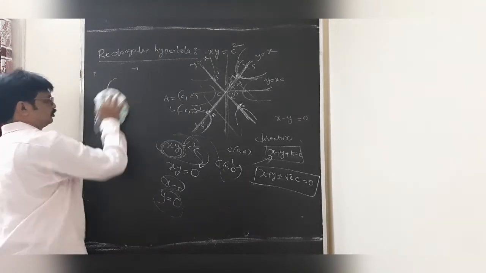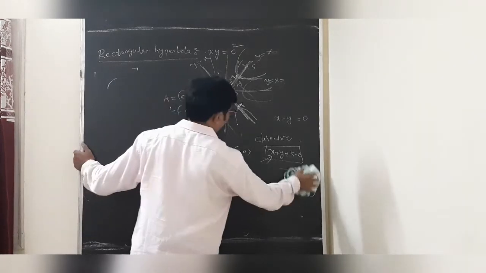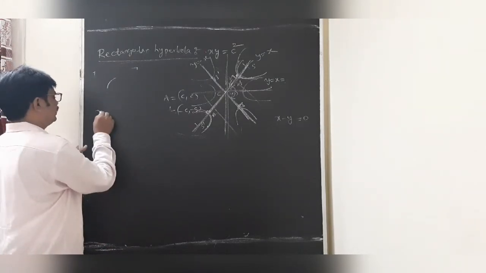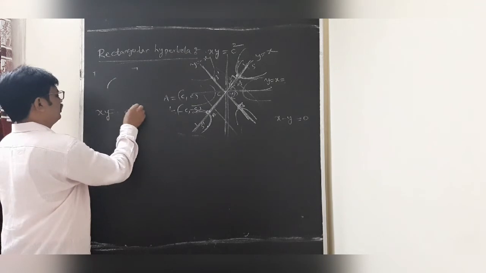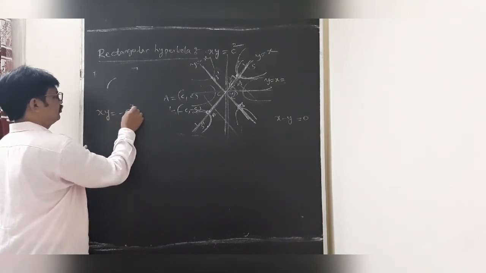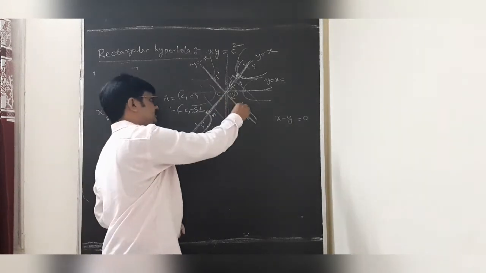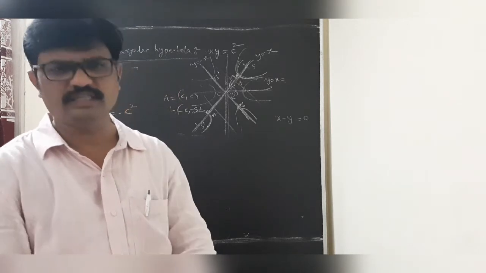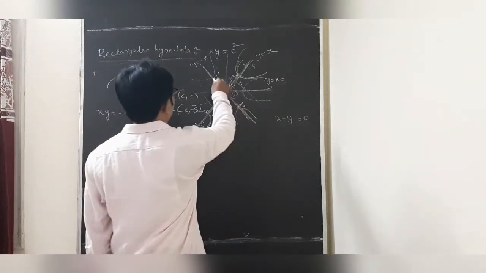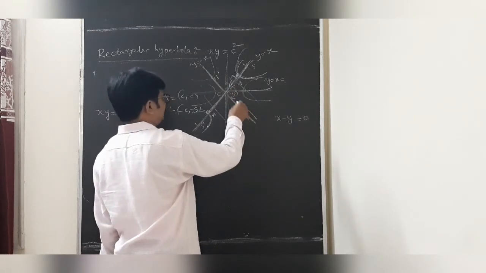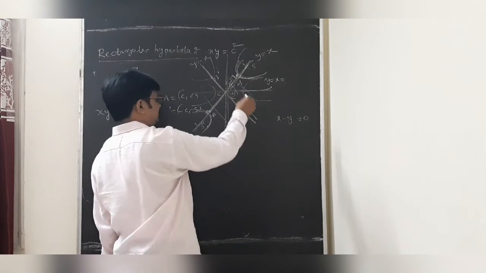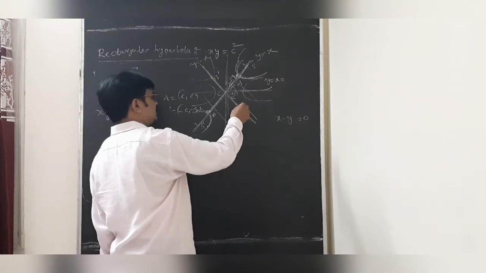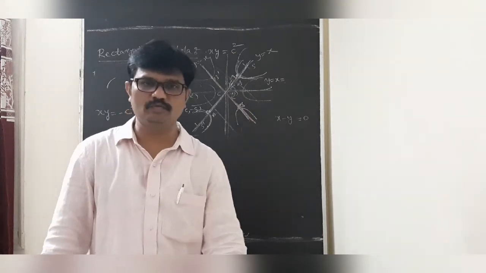We have also discussed the conjugate hyperbola. The conjugate rectangular hyperbola of xy equal to c square is xy equal to minus c square. This is also, students, and you can see the vertices are here. We know the vertices and foci are at 2 root 2 c, and the length of the latus rectum is also 2 root 2 c. Just the vertices and foci are different. Is it clear or not, students? Here it is minus root 2c, plus root 2c, and here root 2c, minus root 2c. Here this is minus c, and this is c comma minus c. The small difference is only the sign.